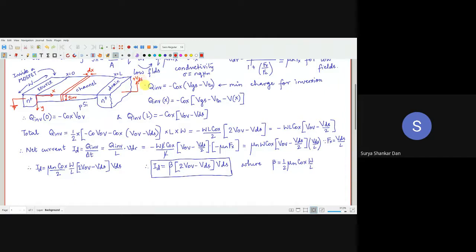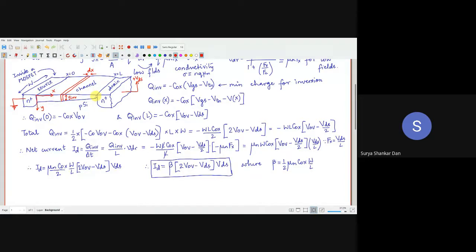Let us simply call it plus VDS because the source is grounded. Notice you are applying a plus VDS positive voltage to the N plus region. Correct? So that means this N plus and P junction is what? Reverse bias, forward bias? Reverse biased, right? As a consequence, the thickness of the channel or the thickness of the